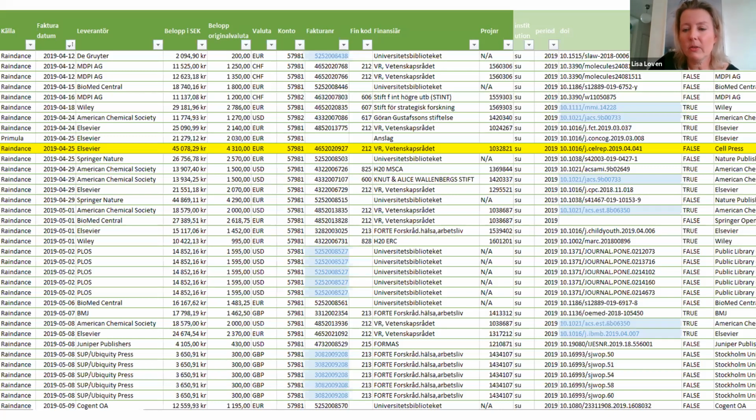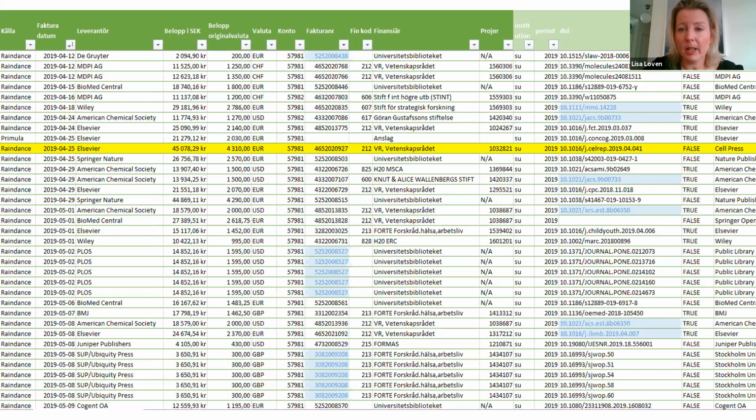I can't really see it myself since the camera hides it, but next to the DOI number I've also added false, and if you look at the header of the column, it says is hybrid. We put false if it's not a hybrid journal, meaning it's a fully open access journal, and true if it's a hybrid journal. And in case you wonder why